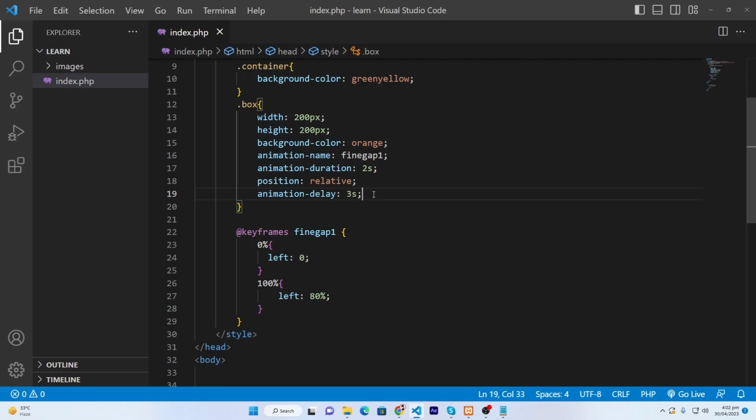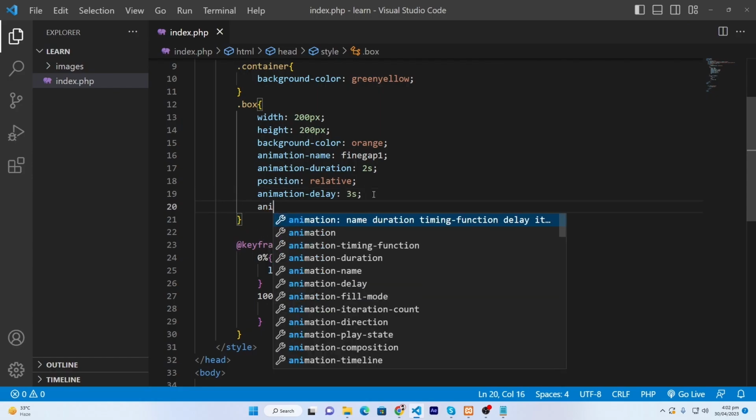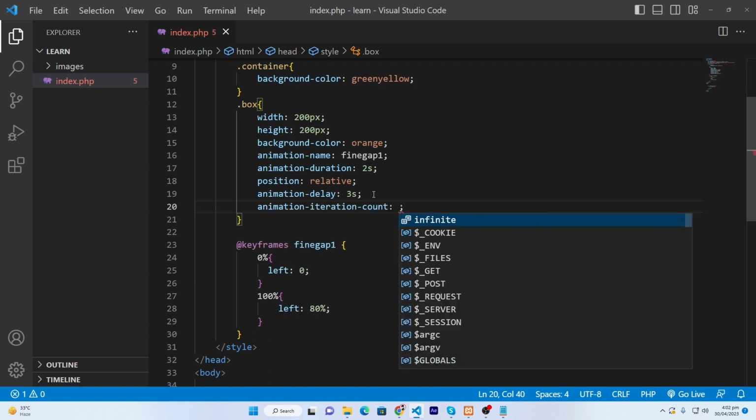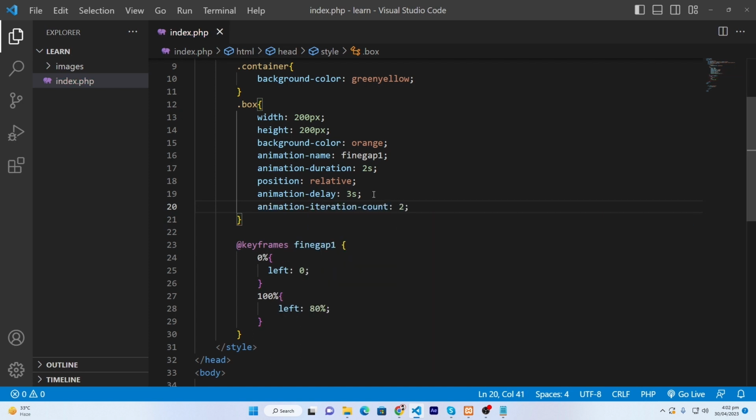You can see that it will wait for 3 seconds, and then our animation will start. The next CSS property we have is animation iteration count. I will type here animation-iteration-count, and if I type here 2, it means that our animation will be performed 2 times. Let's comment this animation delay property, refresh my page, and now you can see that